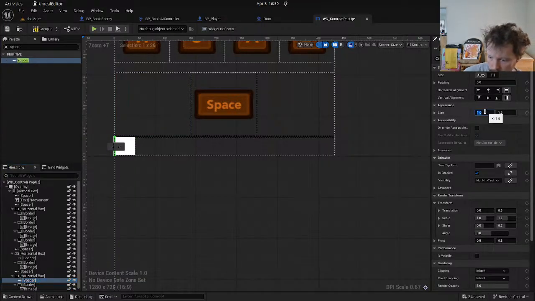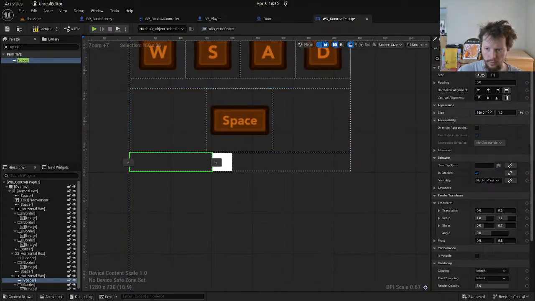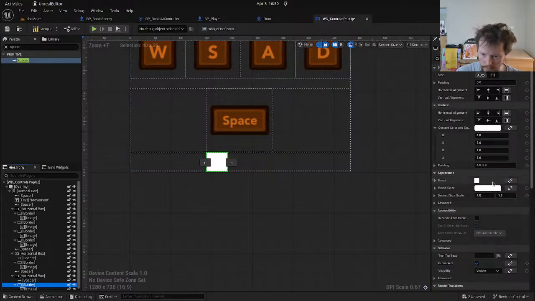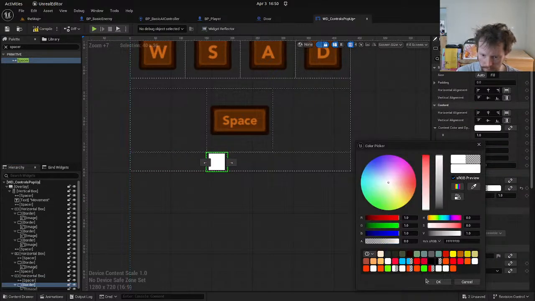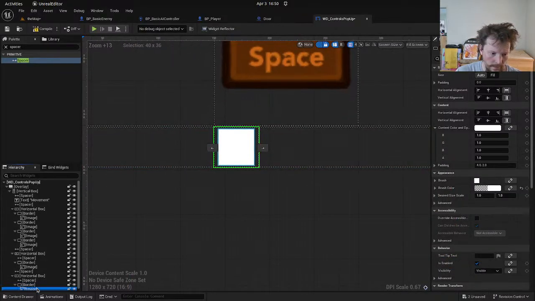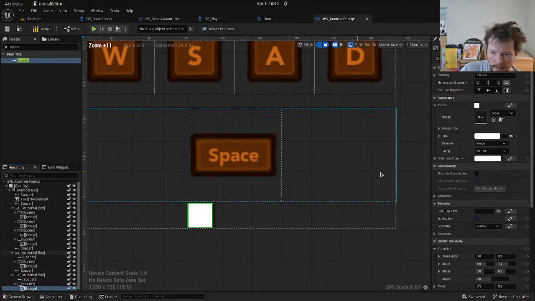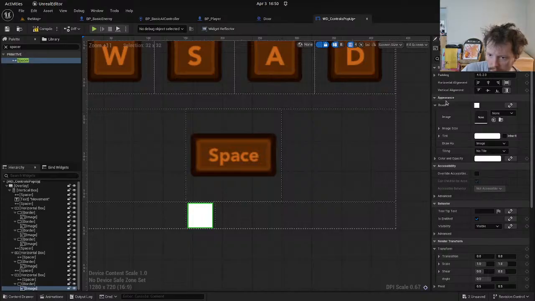And we're going to do, I think it's going to be about a 40, 80, no, it's like a 150 or 160, something like that. I think it's more like 150. The border itself is going to have no alpha, so that's 0. And then the image, it is going to be